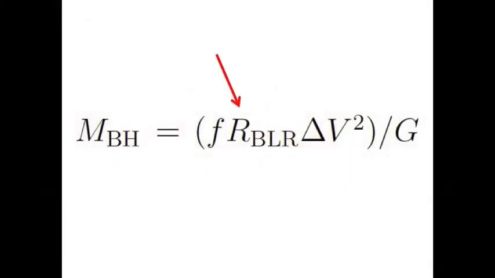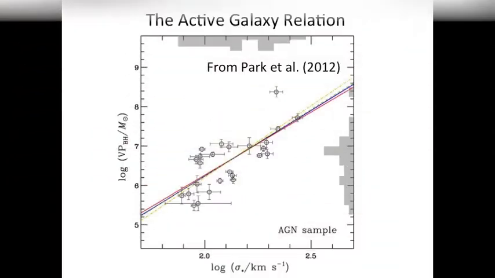R_BLR is the average radius of the emitting gas in the broad-line region of the AGN, delta V is the velocity dispersion of the gas, and F is a dimensionless factor that accounts for the unknown geometry and orientation of the broad-line region and may be different for each AGN. We are unable to directly observe the structure of the broad-line region, so the true value of F for each object is unknown. Currently, a mean F factor is used, calculated by finding the value of F that places active galaxies closest to the quiescent M-sigma relation. Because of its wide use, it is important to have an accurate determination of the M-sigma relation.